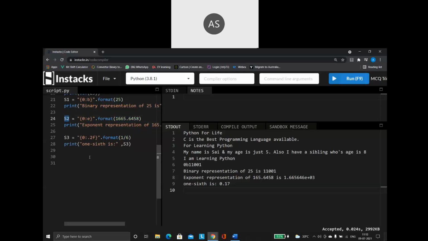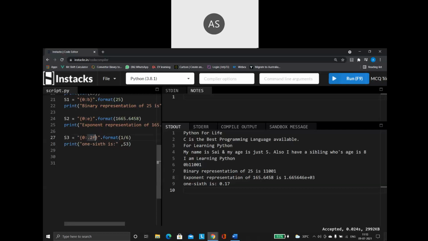In the same way, there are some decimals where you want to round off only to 2 digits. I don't want 4 digits, 5 digits. This number is there, and I want to print only till 64. I don't want this 58 and all. So what I can do? For that, f means float. I will say 0 colon 0.2f. So 0.2f means I want only up to 2 digits after the dot. That is what dot 2f means here.